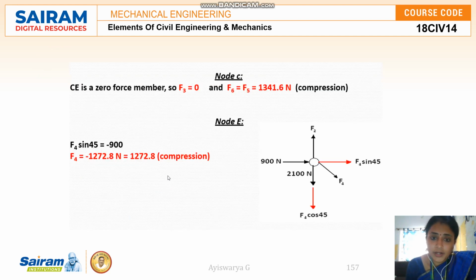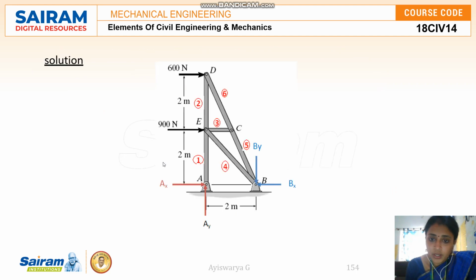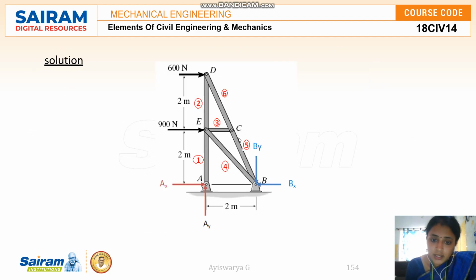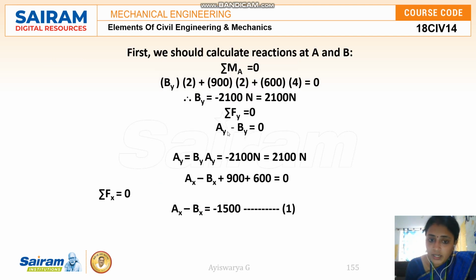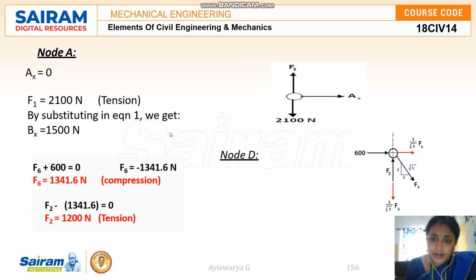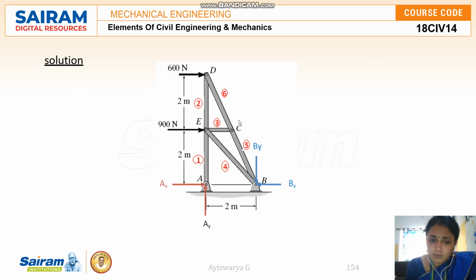Okay, so after finding that, go to the node number C. Okay, see, in the node number C, you have 1, 2, 3, F6, F5, F3. You can calculate F6, F5 and F3. Okay, and using the zero force member strategy, see guys, in the F6, both are zero force members. If it is in the equal line, it's called a zero force member, right? You can find easily. Okay, and then node E, like this you have to find all the unknown forces, guys. See, using the joint A, joint D and joint